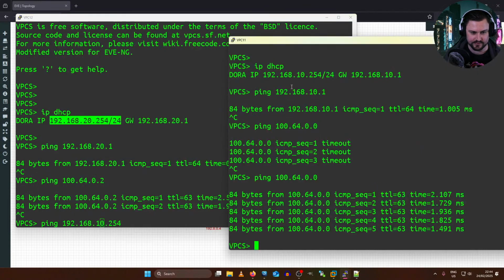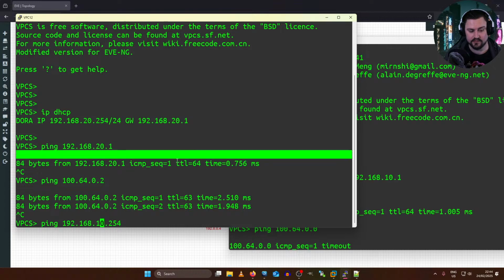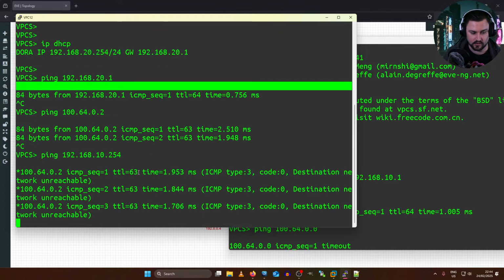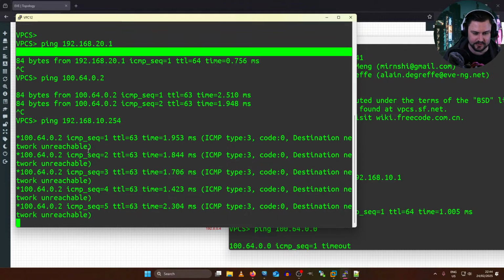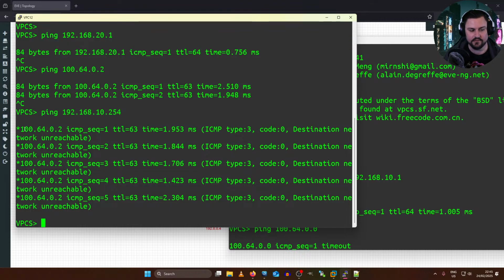If I look at VPC 11 and scroll up, 192.168.10.254 is its IP address. Can I ping that from one side to the other? And I can't. It's already telling me destination network unreachable, and I'm even getting that from my provider edge.